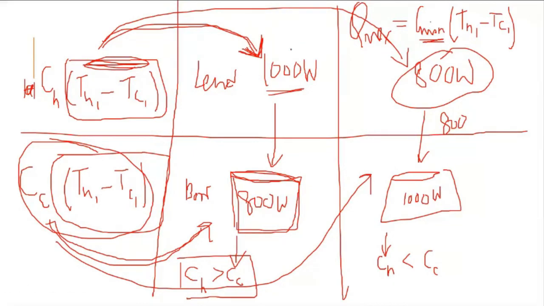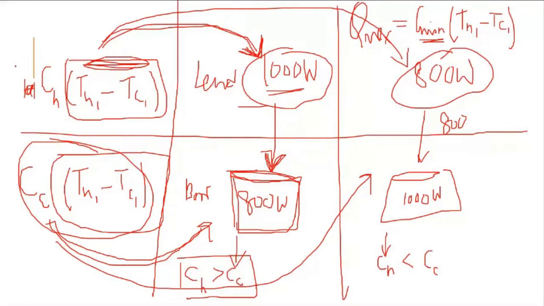Here, though this 1000 value is greater than 800, this heat exchange of 1000 cannot take place because the other body could not store 1000 watts completely. The other body could store only 800 watts. So the maximum rate of heat transfer between the two bodies will be the minimum of these two values. Are you getting this? Yes, sir. Understood.